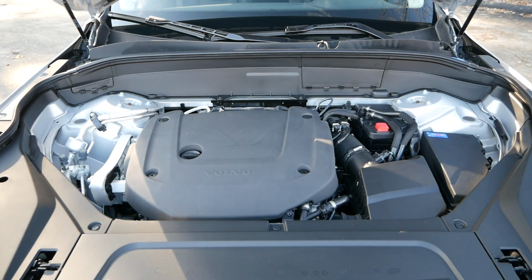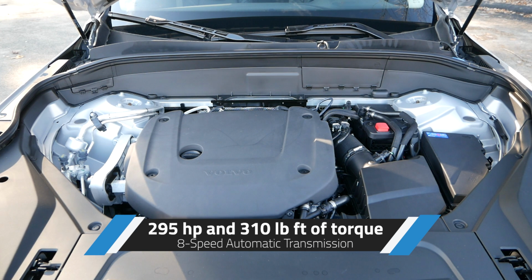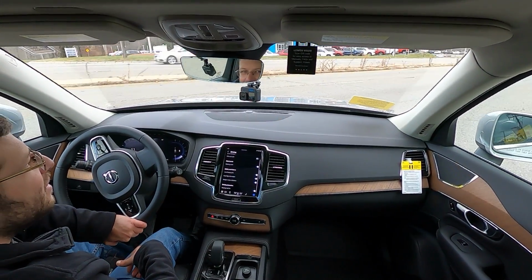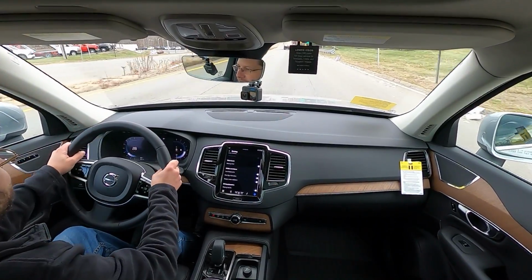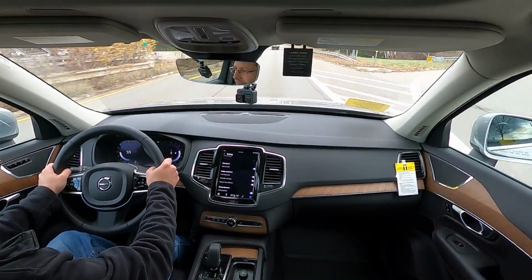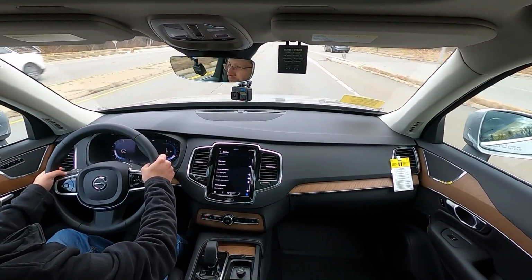Under the hood, the XC90 B6 is powered by a 2-liter turbo and supercharged 4-cylinder engine that produces 295 horsepower and 310 pound-feet of torque, and is paired with an 8-speed automatic transmission. Standard for 2023, this powertrain is accompanied by a 48-volt mild hybrid system that aids in efficiency, and compared to past model years, the XC90 is a rather responsive crossover that doesn't lag or feel inadequate for a 3-row SUV